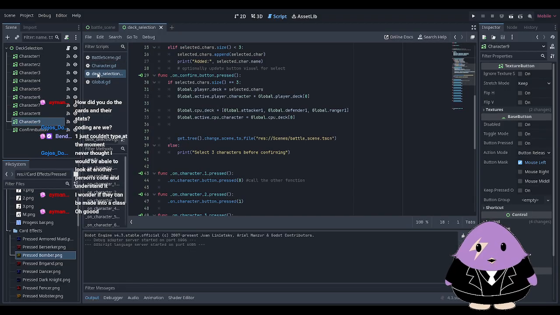Never thought I would be able to look at another person's code and understand it. I'll tell you where I was at, Gojo, because I was pretty pissed yesterday. All the YouTube tutorials are like 3 years back, so that frustrates the crap out of me. And then also, I don't know fully how to grab certain concepts and plug them into my game. Like, there's tons of tutorials currently about